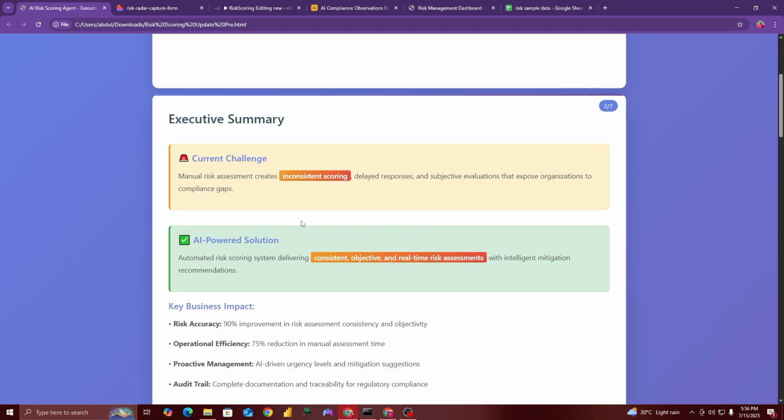Now the current challenge that many of the risk management teams are facing is they are doing the risk assessment manually, and it creates inconsistent scoring, delayed responses, and subjective evaluations that expose organizations to compliance gaps. Now with this AI powered solution, you can automate your risk scoring system, which will deliver consistent, objective, and real time risk assessments with intelligent mitigation recommendations.